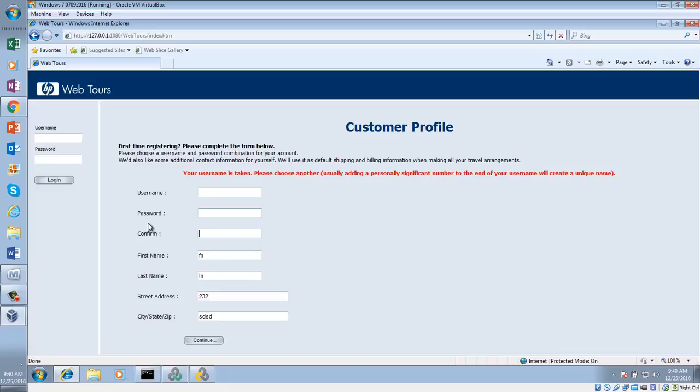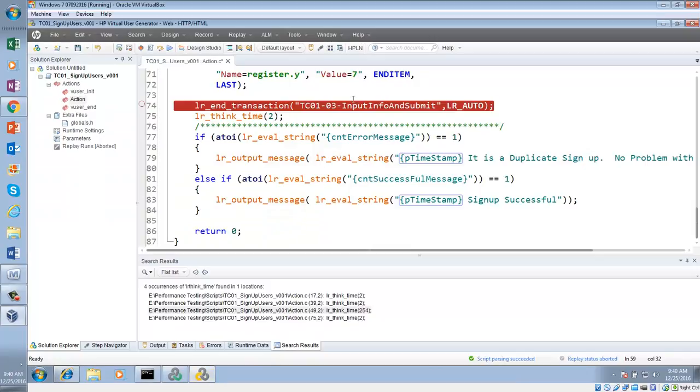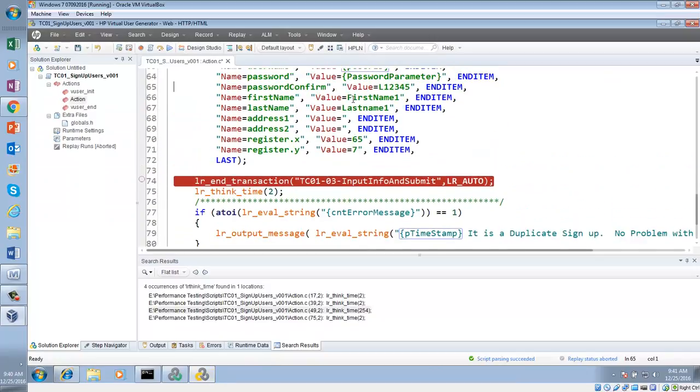That's why it is showing that message. Now, can you see that if you do not supply a password, it says your password is invalid, right?